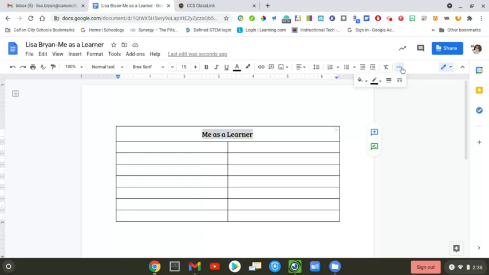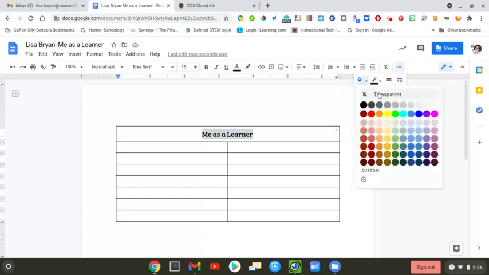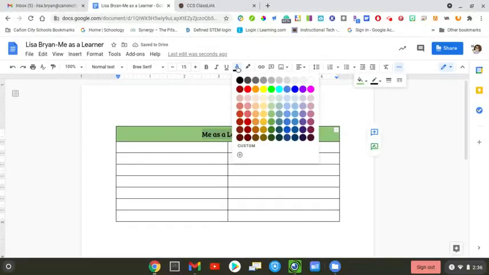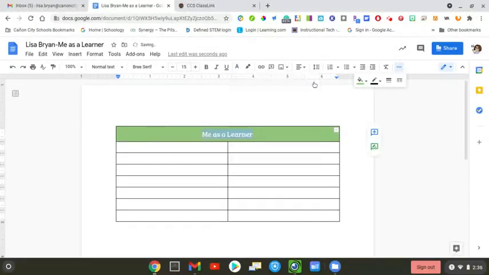Go to the More and to the Paint Bucket. And I'm going to choose a light green. And I'm going to change my font color to white. You can do whatever you want. I just like the way that looks. And then I'm going to drag this divider over because I want more room for my answers than I do